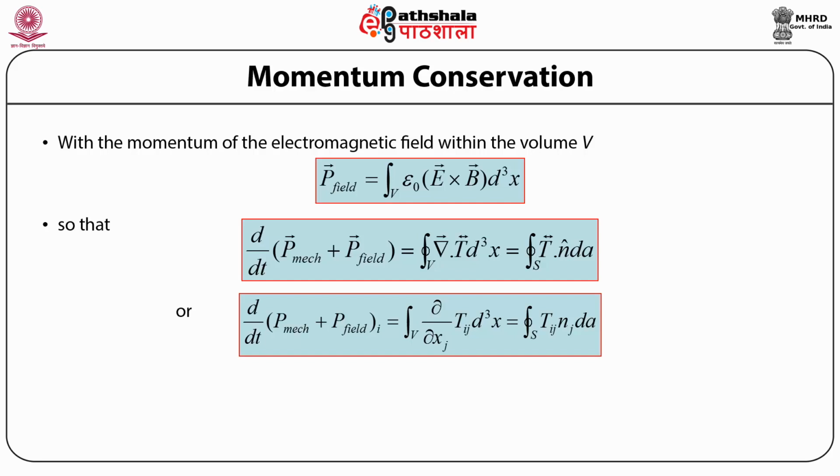So this last equation is basically the tensorial notation of the rate of change of total momentum, while the equation defined earlier, the equation prior to this, was the vector notation of the time variation of the total momentum. Momentum conservation. So this is the statement of the conservation of momentum. That is, this equation gives us the conservation of momentum.